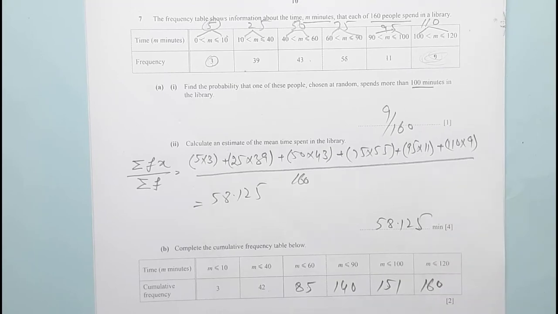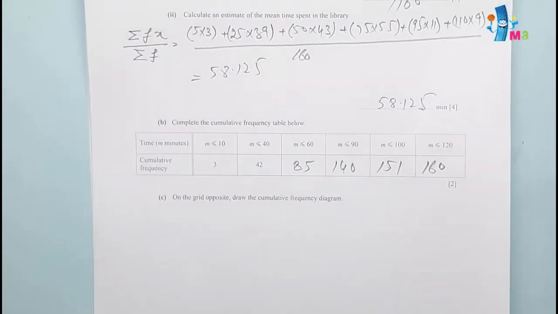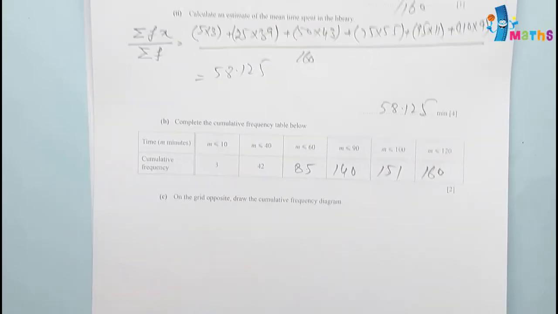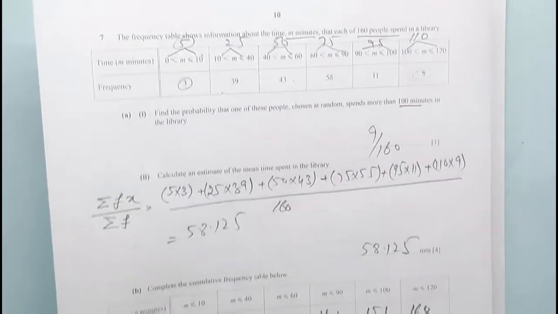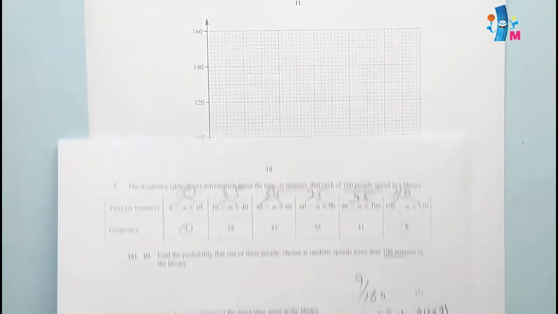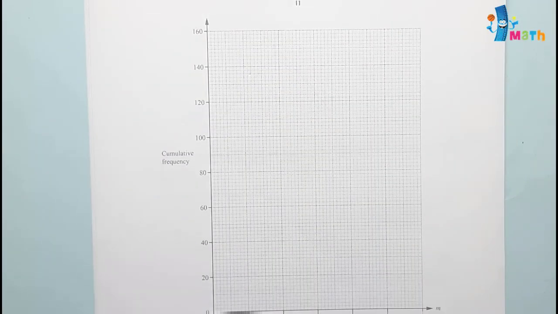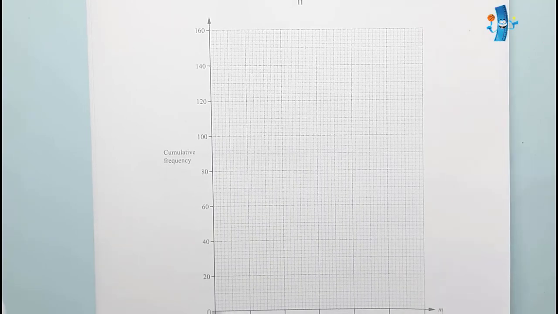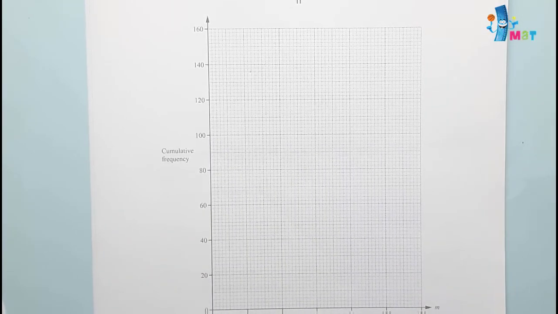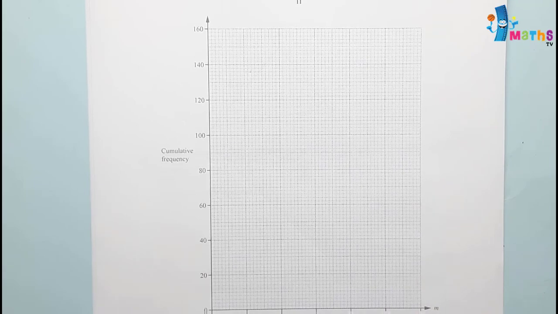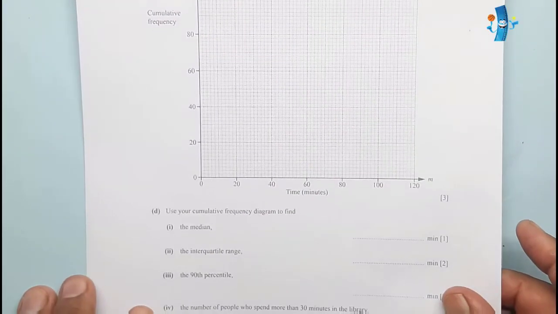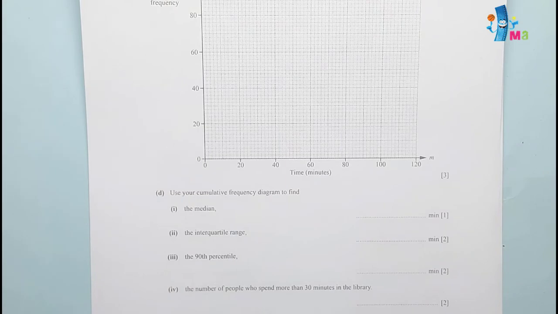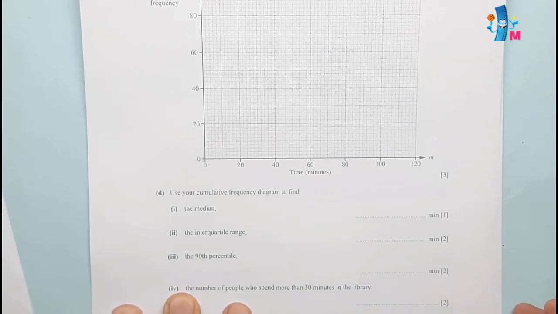160. Then on the grid opposite, draw the cumulative frequency diagram. We have to draw the cumulative frequency diagram, which is this table we have to show on this grid. So we will be taking the values. I'll be showing you the values as well, and we will be plotting the graph on this scale. Hopefully you are now looking at the scale also. Now we can draw the first point, which is